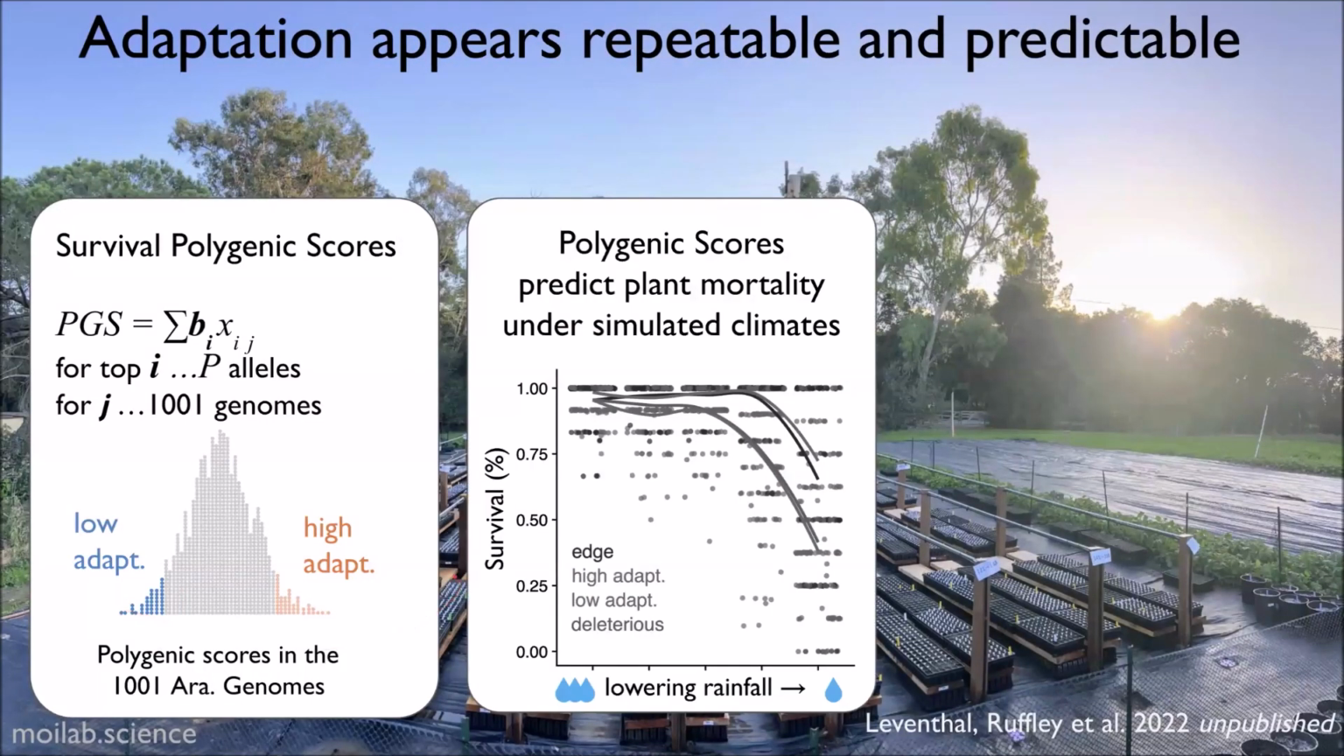So here are the survival results from the first year of these field experiments, where in a lowering rainfall and more stochastic rainfall, we see that generally populations decay in survival. Duh, we expected that. But what is very, very cool is that the populations that we had selected to have high polygenic scores versus low polygenic scores differed by about 20% of survival, at least in the most extreme precipitation